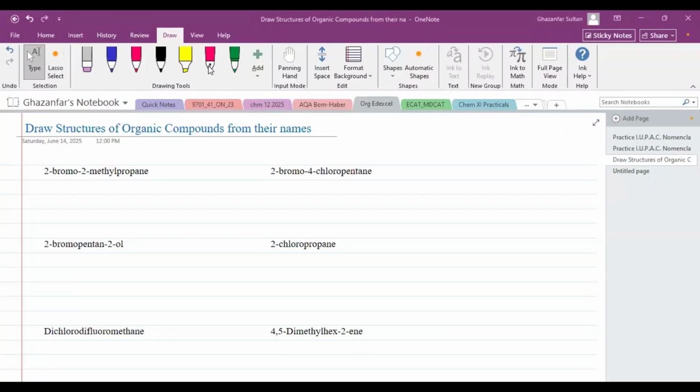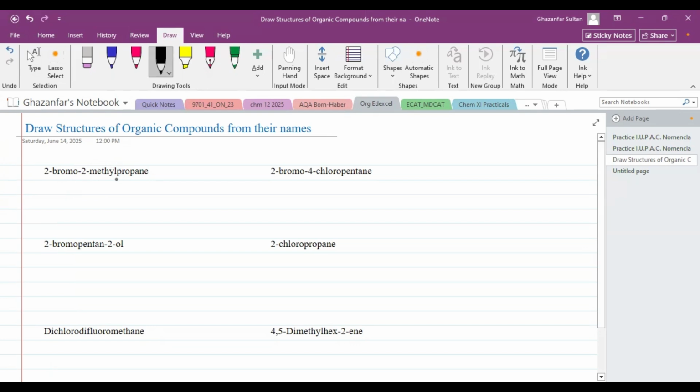So here we are going to draw the structures from the given names. And what is the strategy to draw these structures? Here I have not mentioned whether the displayed structure or the bond line structure is required. So we can draw any of these. So first we should observe